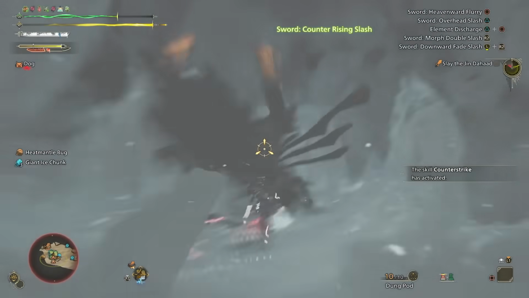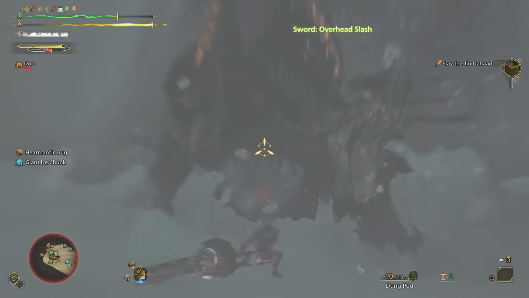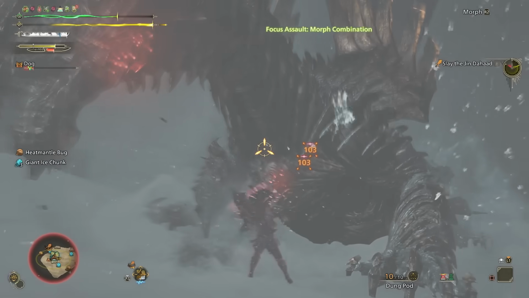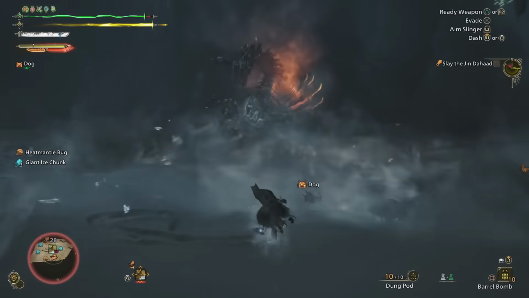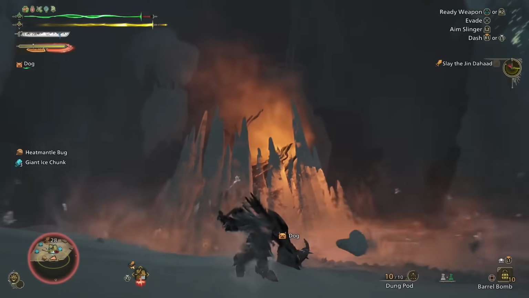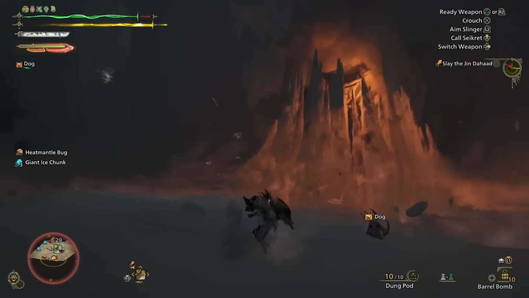Logically, you'd see that with dual blades and their perfect evade. You can also longsword counter it and so on. Really cool stuff. But if you're not using one of the weapons that has something like that, you can still dodge it and be in position for that focus strike punish by using a simple barrel bomb, which will work